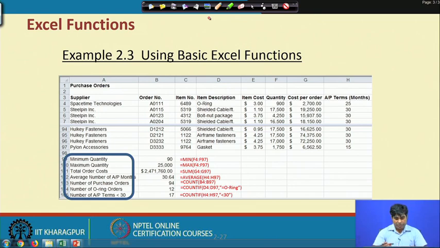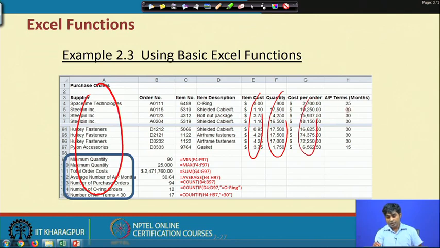So, here is the reporting of supplier information and order information, and you will find the supplier information here. There are different purchase orders and different kinds of suppliers, all coded item-wise, with the item cost, item quantity, and cost per order. And you see here the beauty of using Excel. For instance, we can report the order quantity, and yes, you can report